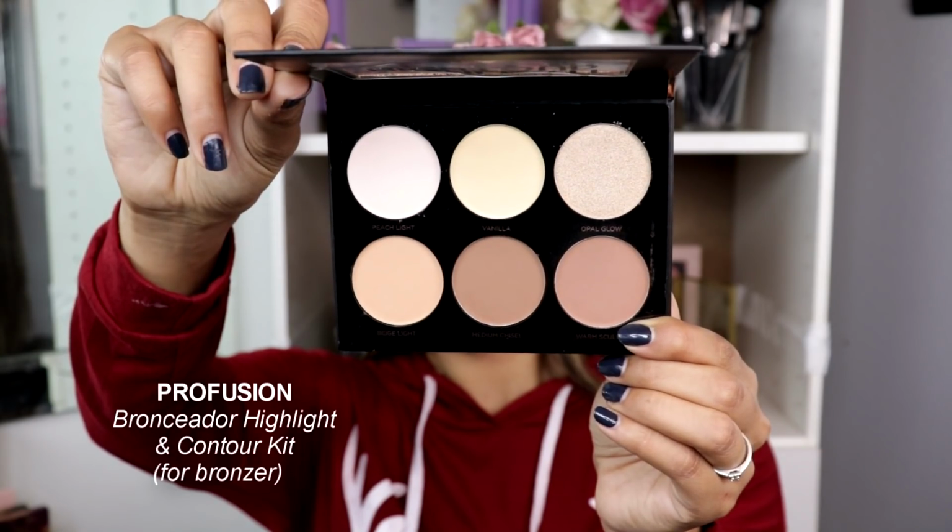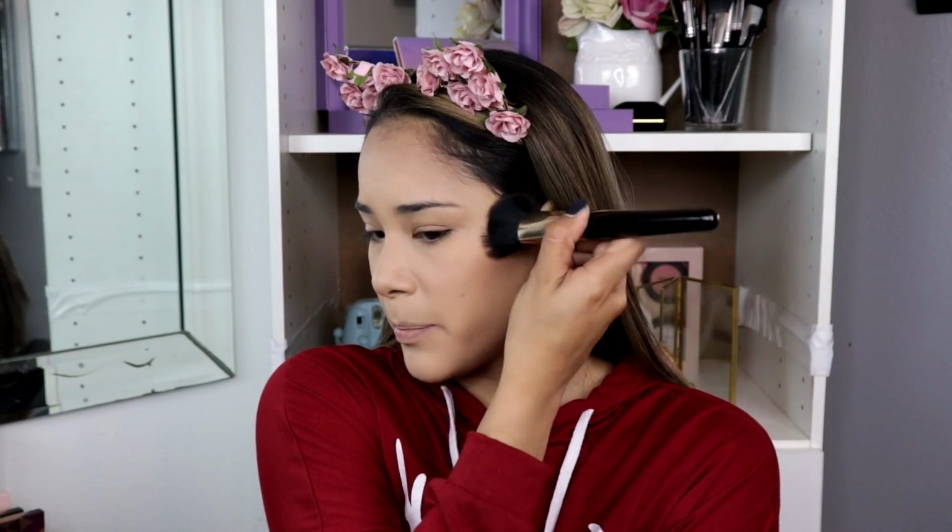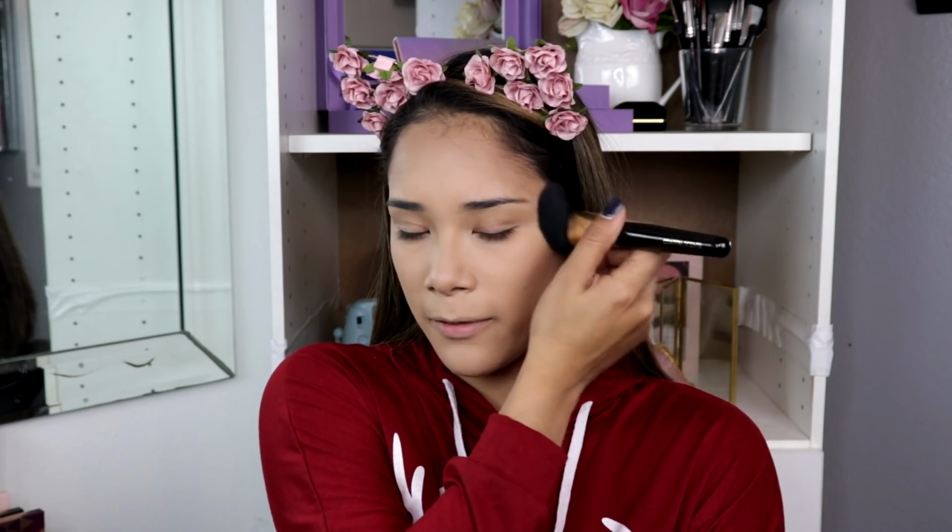For the bronzer, I'm going to use this highlight and contour palette from Profusion. It's going to be my first time. As you can see, it still has the plastic on it. I know I've said this before in other videos, but it's not really necessary to put bronzer, or I don't know about bronzer. I think it's just contour, to contour your forehead if you have a very small forehead, because